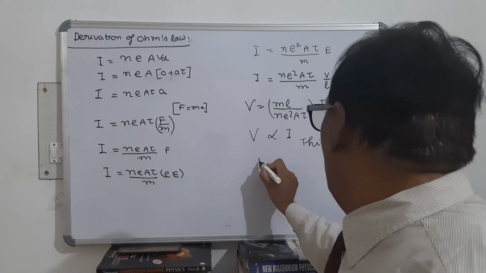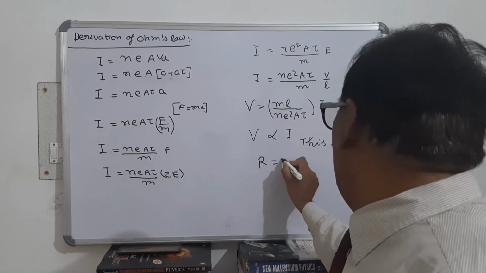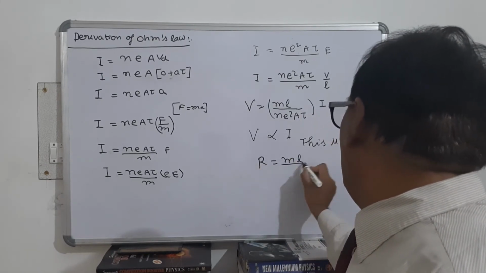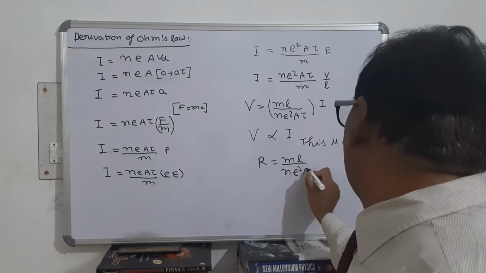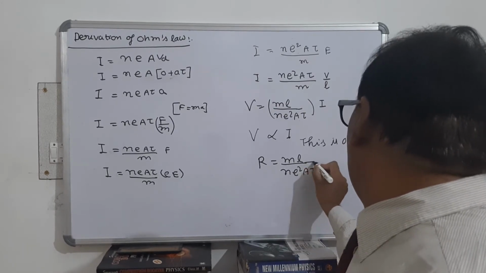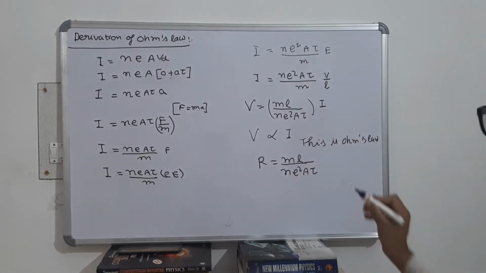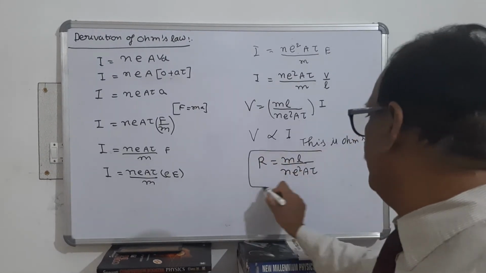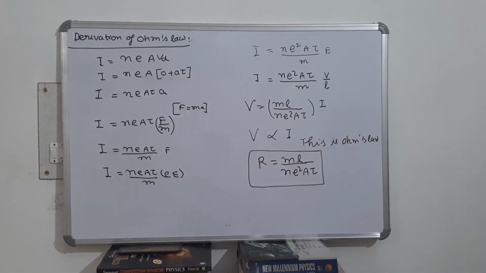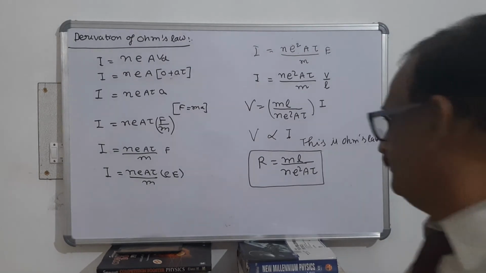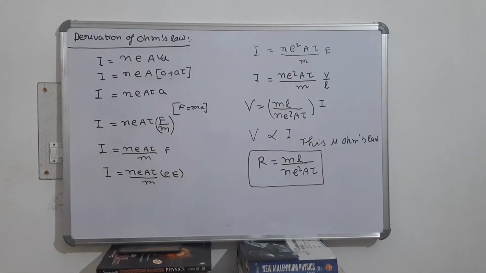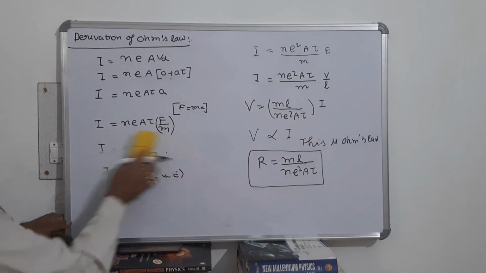It means the quantity ml upon ne square A tau is the resistance. This is the formula for resistance. R is equal to ml upon ne square A tau. This quantity is called resistance. And earlier you have studied that